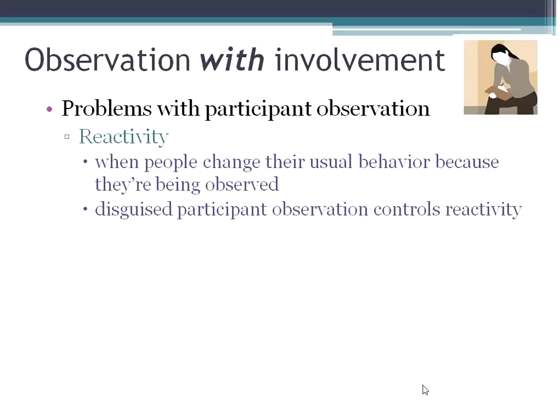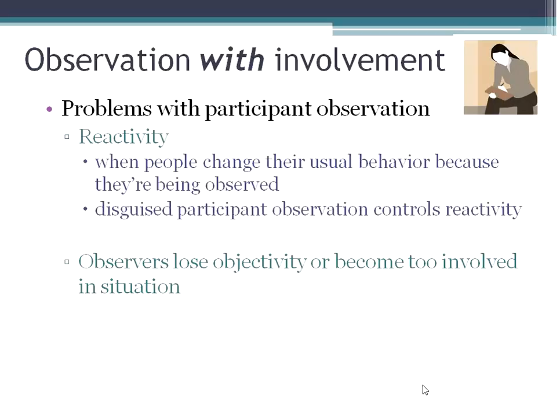Now, there are problems with participant observation, right? If you've ever been in that classroom where the professor was being observed, you may have noticed that the professor behaved a little differently than they normally do. Oftentimes, people change their behavior when they know that they are being watched. And we call this reactivity. Disguised participant observation can help control for reactivity. But